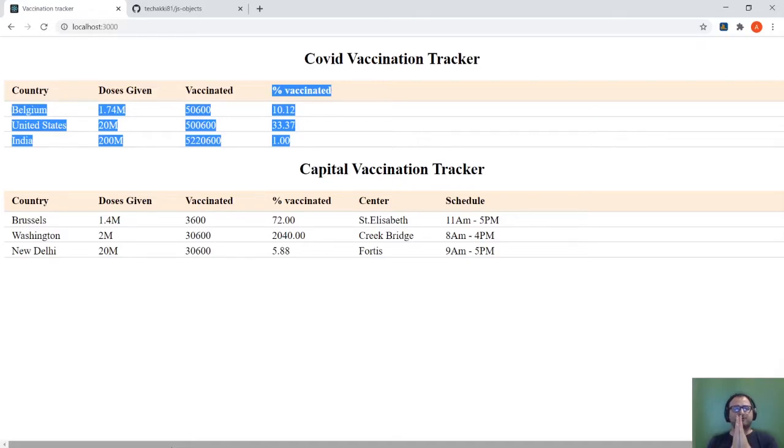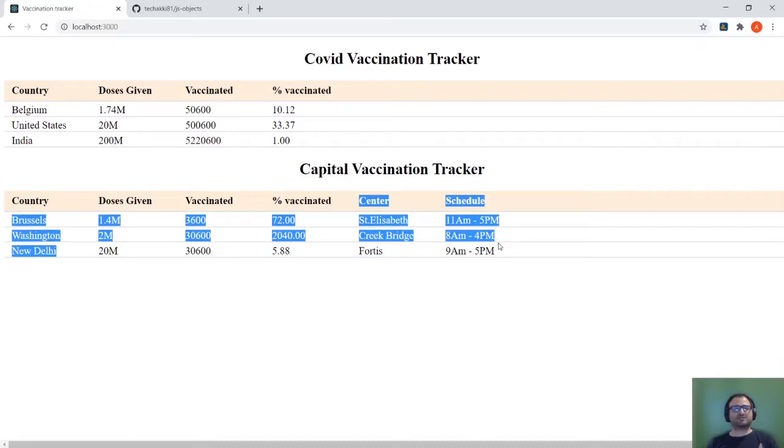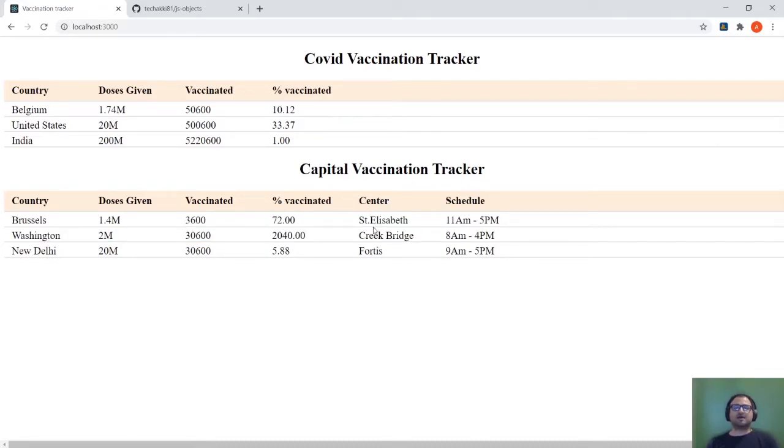For this one, we will add two more properties to our country object, which are center and schedule. This is the actual hospital or healthcare center where the vaccination will be provided. As you can see, in Brussels there is a St. Elizabeth Hospital, and that is the schedule. The aim of this session is not to rewrite the complete functionality, for example, of the properties, which are the name, the doses given and vaccinated, as well as the methods of the original object, for example, the percentage